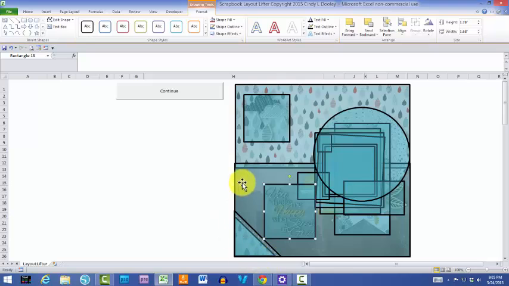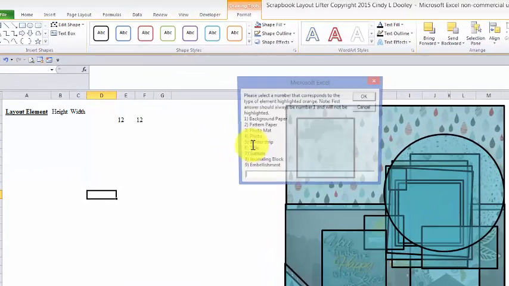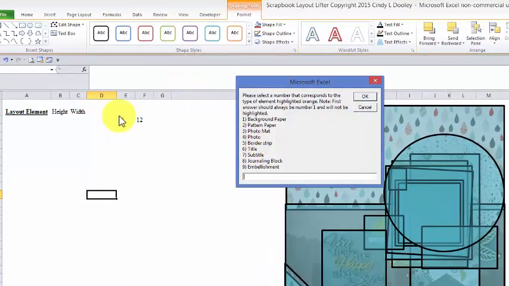Then I'm going to hit continue, and it's going to ask me the width of my new layout. So this is a 12 by 12 layout, originally it was a 12 by 12, and if I do 8.5 by 11, I'm going to go ahead and put in 8.5 by 11, and what that's going to do is it's going to give me dimensions that are scaled down to an 8.5 by 11 page. I'm going to go ahead and do a 12 by 12 page,